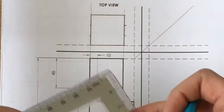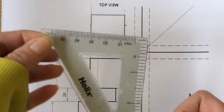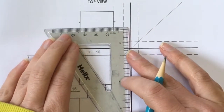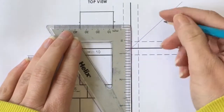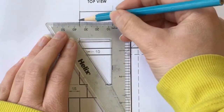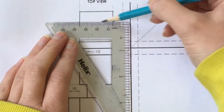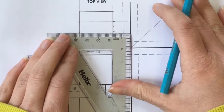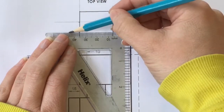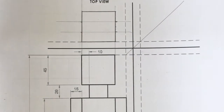In order to draw these in, we're going to use a set square. Now this is a 30-degree angle set square, but we want to get a good 90-degree angle, and this gives us that perfectly. So what we can do is place the side of our set square against the solid line in the middle of the diagram. And you should find, if you've measured accurately, it should match up those 2 dashes on either side of your robot head. And we're just going to draw a faint guideline going across. Remember, your guideline should be very, very faint, just visible on your page. So again, just a very faint guideline going across. If you do that now,